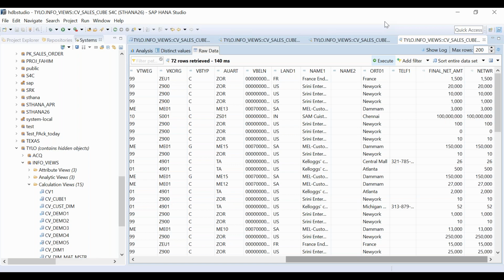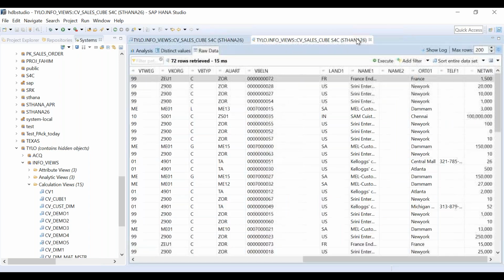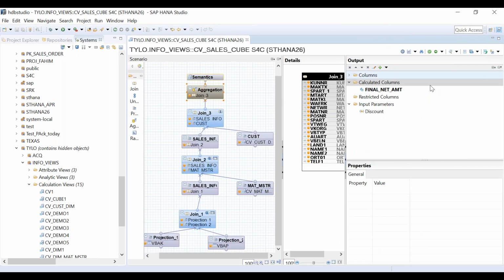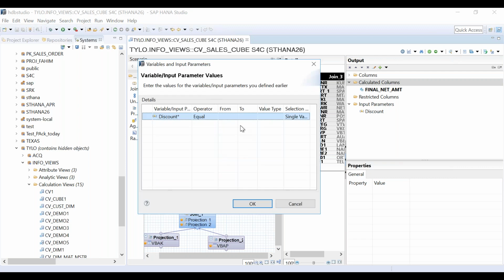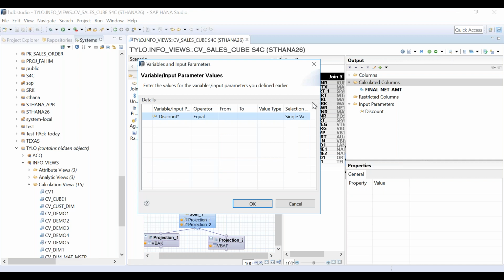I'm not doing any filtering. I'm just using the input of the user and I'm building some logic. Very clear? Now we will see the other utility of input parameter, and that is to filter. Okay. So let's do a filtering kind of thing. What should be the use case? First of all, let's do the data preview and then we will see what our use case should be. For the time being, let's keep this as it is.